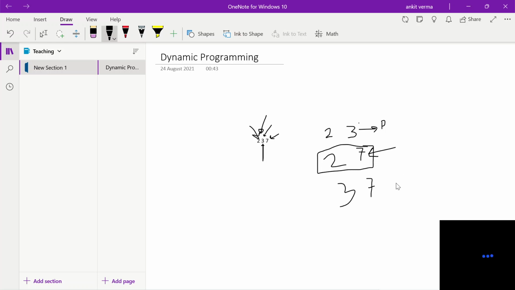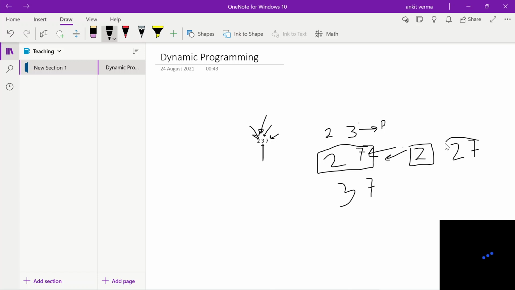It is not a prime number. So we can directly return from here, and the length of the string is 2 and the string itself is 27. So we can say that the answer of this question is 2, comma, 27.